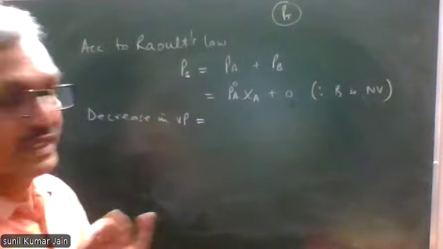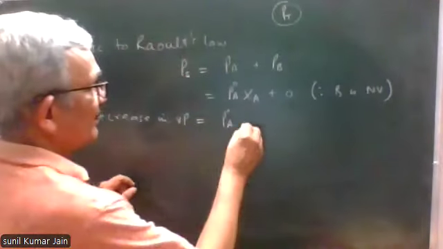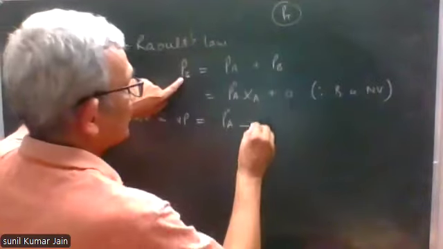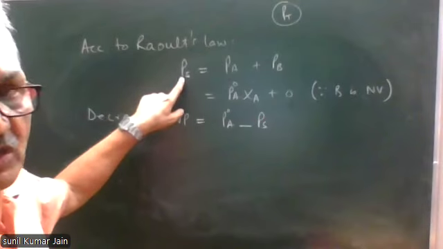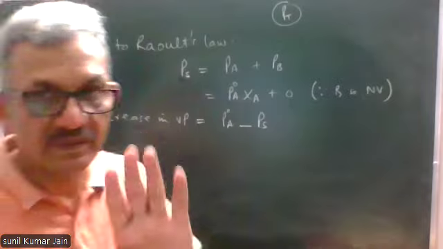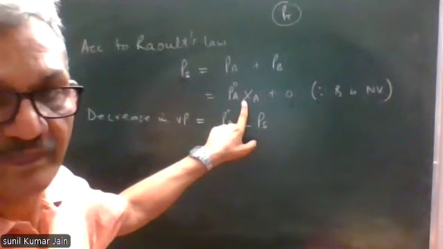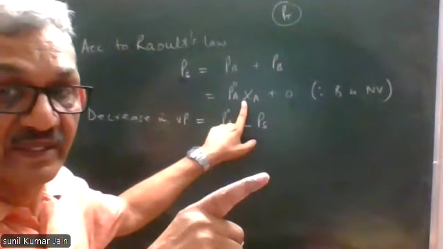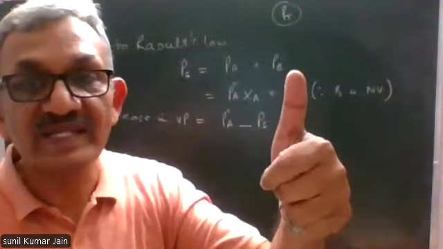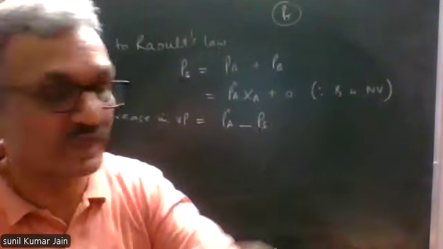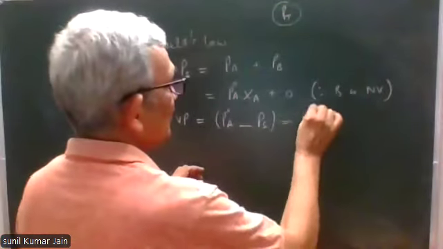Decrease in vapor pressure is equal to vapor pressure of pure solvent, that is P naught A, minus vapor pressure of solution, right? Because this vapor pressure of solution is nothing but partial vapor pressure of A. And partial vapor pressure of A has decreased because solute is non-volatile. I told you the last sentence will be used, obstacle, vapor pressure will decrease. So this is lowering of vapor pressure, and that will be equal to P naught A